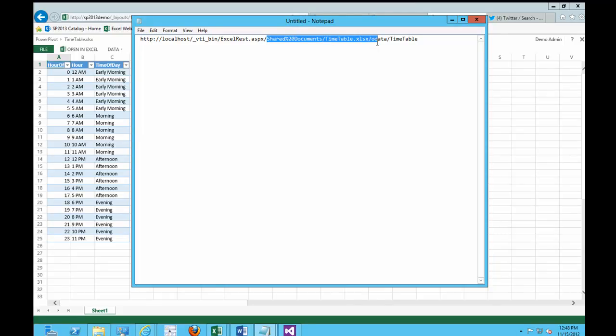And two things I need to add. So you have the SharePoint address, and then we add this _vti_bin/ExcelRest.aspx. What this is going to do is it's going to call into the Excel services REST API, and then we give it a path, and then /odata and the name of the table. So the actual name of this table in this workbook was called timetable, and that's how I can connect directly to it. So I'm just going to copy that URL,